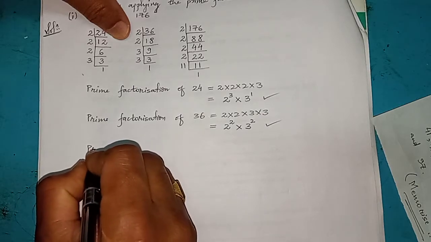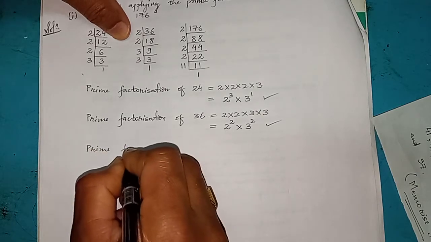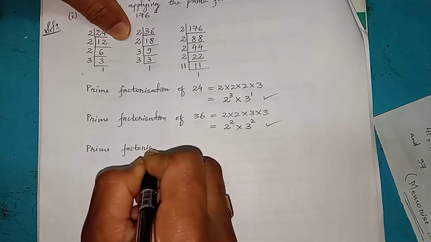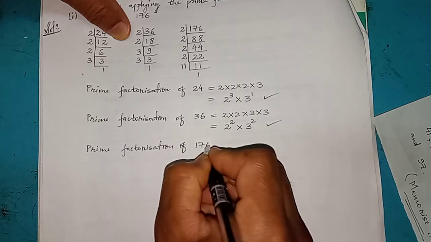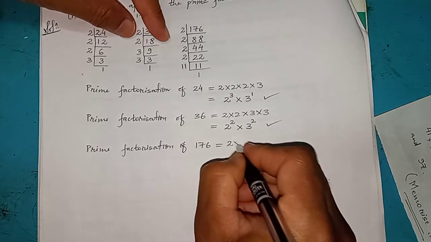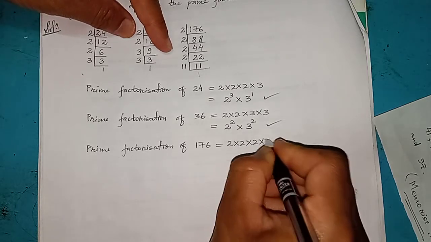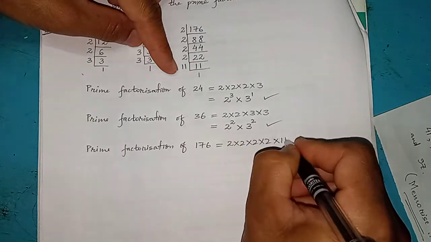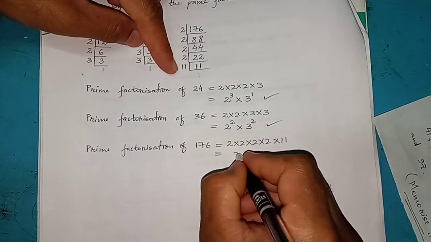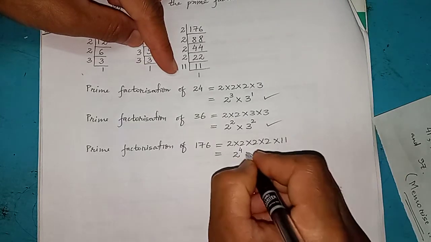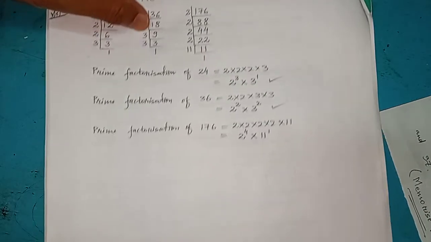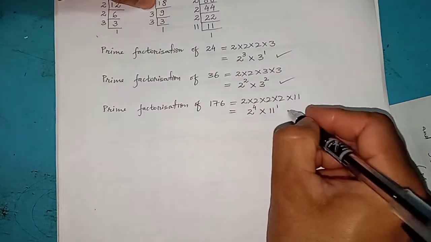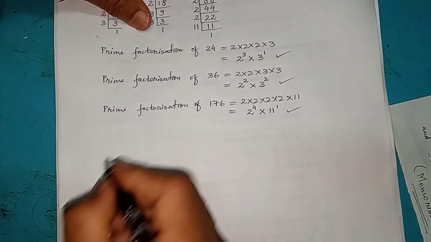Now we'll write the prime factorization of 176. So we got 2 into 2 into 2 into 2 into 11. 2 is a prime factor, write once, and 2 is coming 4 times, write power 4. 11 is a prime factor coming 1 time, power 1. So after having done all the 3 prime factorizations of the given 3 numbers, now we can find